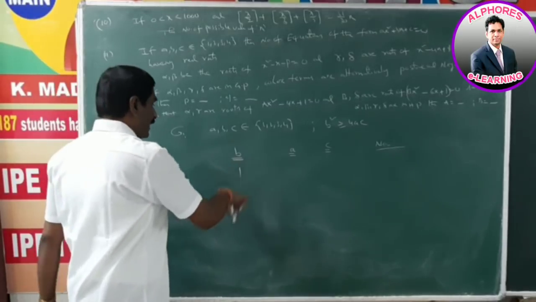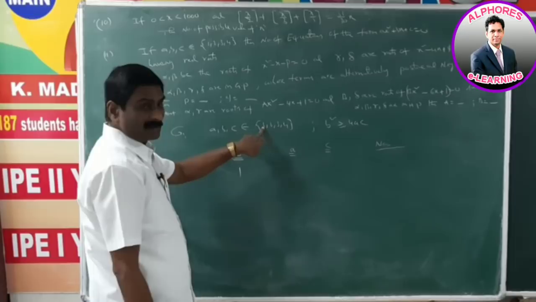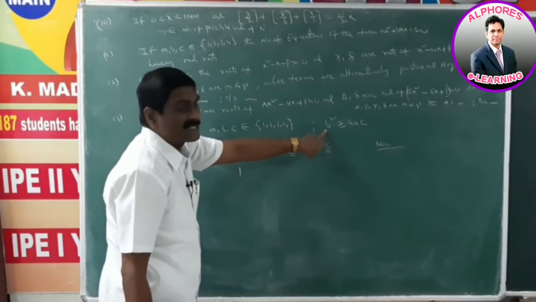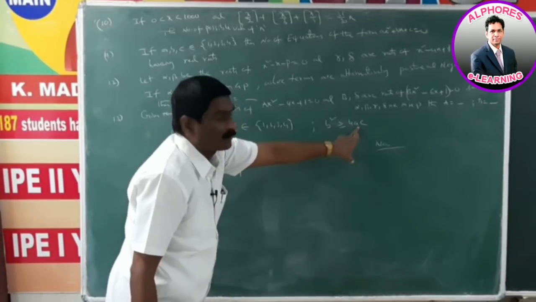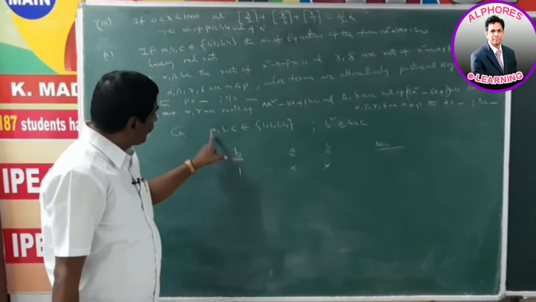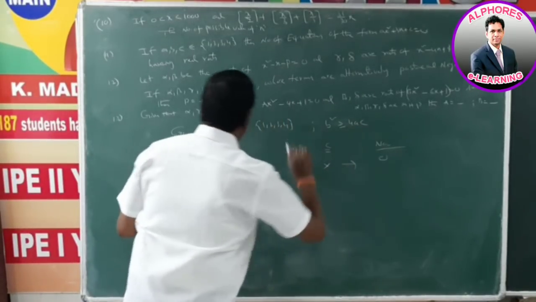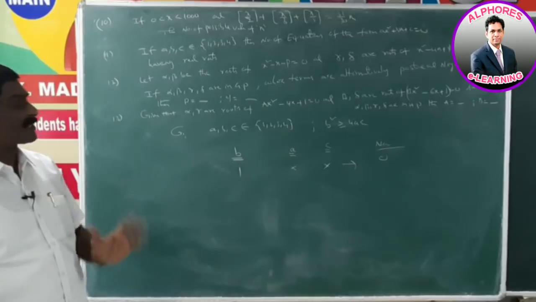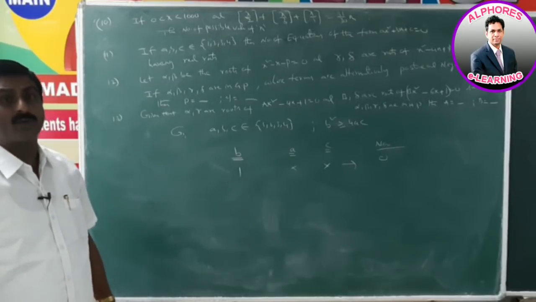Suppose I take b = 1. The minimum values of a and c are 1. Suppose a = 1, c = 1: b² is 1, and 4ac is 4, so 1 ≥ 4 fails. So there are no possible values of a and c from {1, 2, 3, 4}. That means in this case there is no solution. When b = 1, the number of possible solutions is 0, so the number of quadratic equations with real roots is 0.